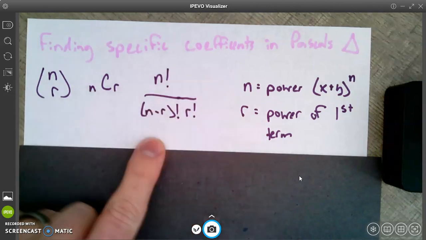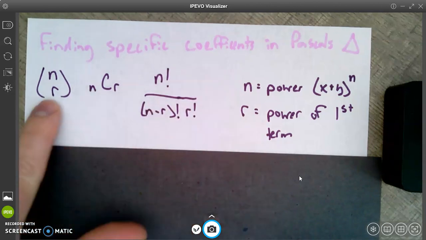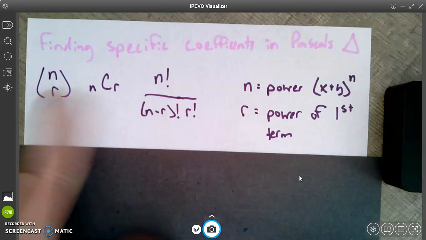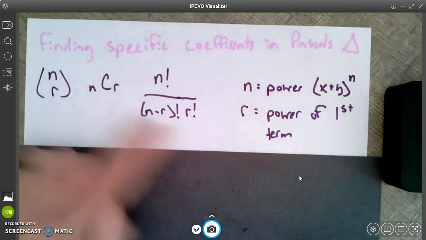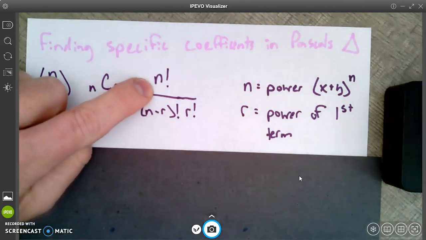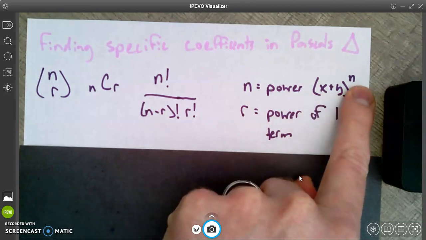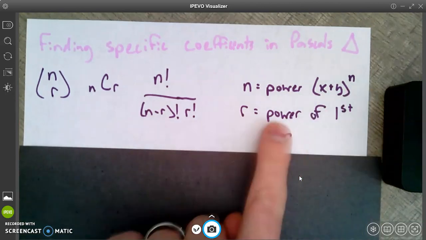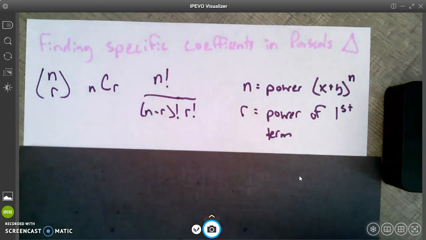And then inside of here is the actual formula. So these are the functions. You put these in your calculator, they'll kick out a number. This is what it's actually doing. You're going to have n, which is the power that I'm raising the entire binomial to. And then r is going to be the power of whatever the first term is. Because remember, when